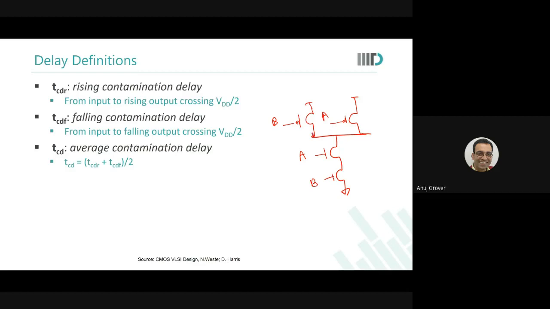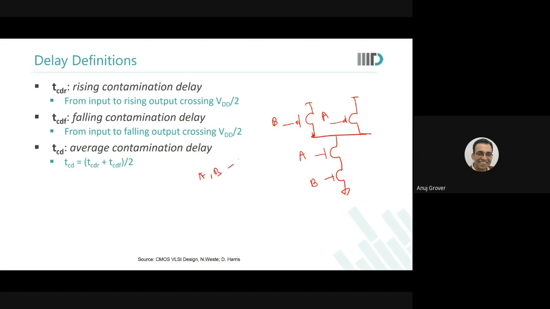So let us assume we have a NAND gate. So till now you're looking at an inverter, which I have already discussed. Let us consider a NAND gate. So NAND gate has two inputs. So just considering a 2-input NAND gate for simplicity here. There are many complex AOIs, and when you do your projects, you have to consider the same delays for your AOIs also. Now consider a scenario where both A and B were initially 1.